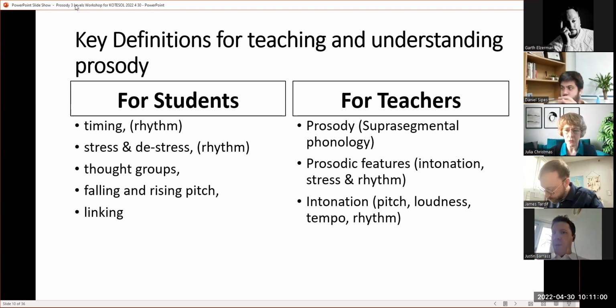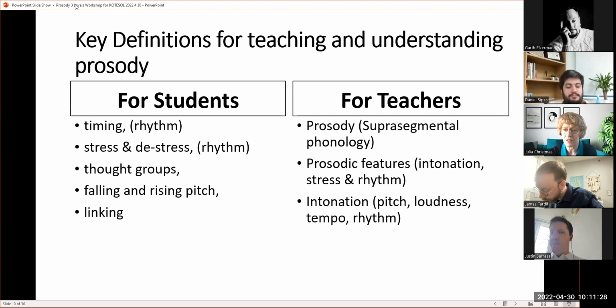I don't always get to it, but they like it. My students really, really like it. If you teach linking, my students often have a better chance to understand spoken English when they're dealing with listening, because people use linking and sometimes it's difficult to catch what people are saying unless you know that it's a